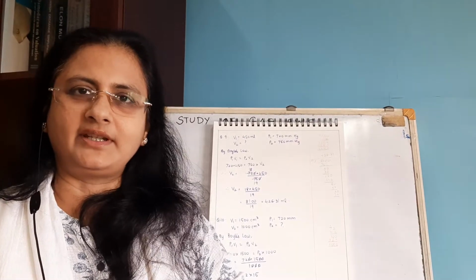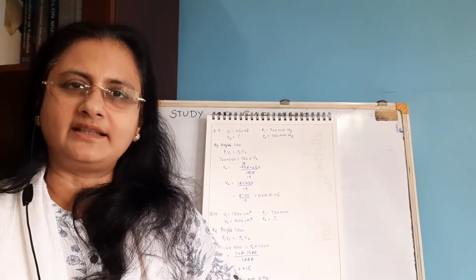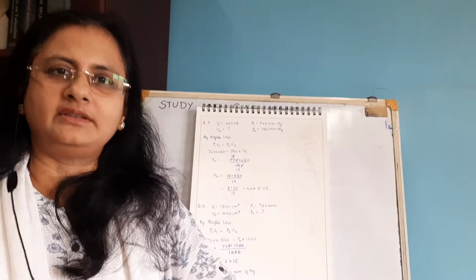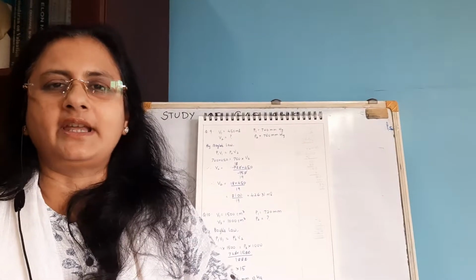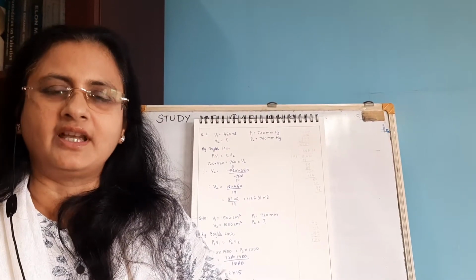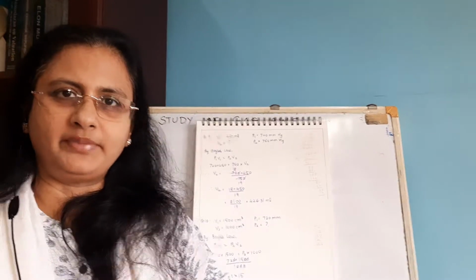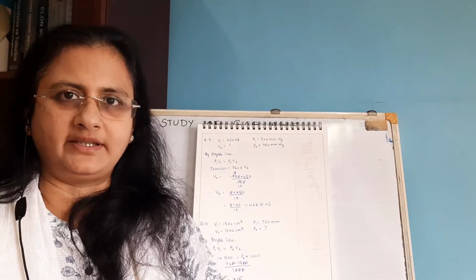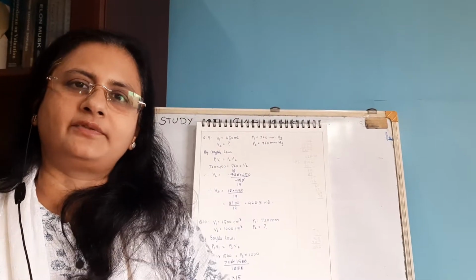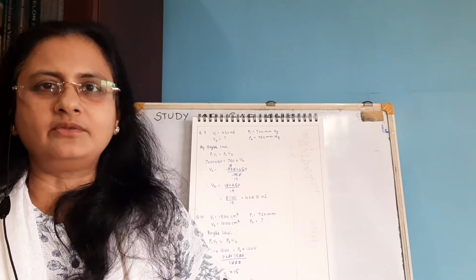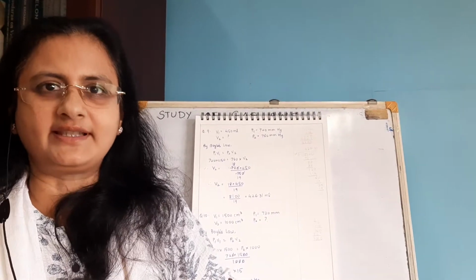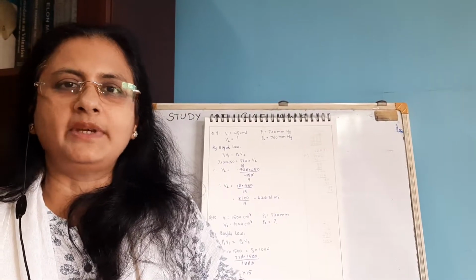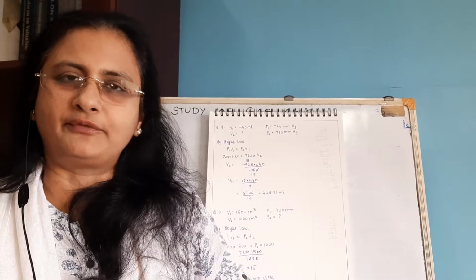Now this temperature, that is 0 Kelvin, starts at minus 273 degrees Celsius. Okay, so the Kelvin temperature 0 K is equivalent to minus 273 degrees Celsius. So whenever you have to convert the Celsius temperature to the Kelvin temperature, you always add 273. And from Kelvin to Celsius you always subtract 273. That we will see in the numericals shortly. Then we have to discuss the numericals based on Charles' law after Boyle's law.